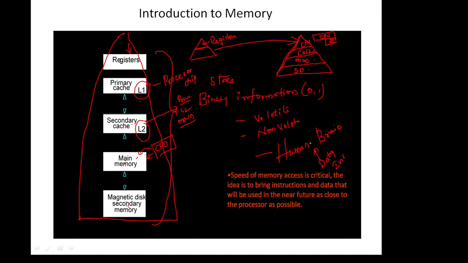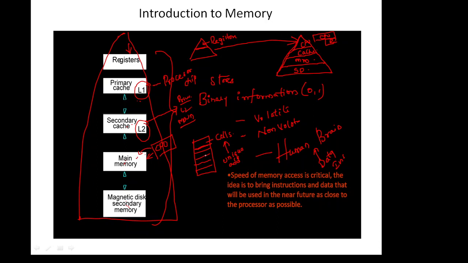Here this memory is divided into a large number of small parts, which we call cells. Suppose this is the memory. This memory is divided into small parts, and each part we call a cell. Each location or cell has a unique address, in the sense that each and every cell address differs from one another. So each cell is going to have a unique address, which varies from 0 to memory size minus 1.